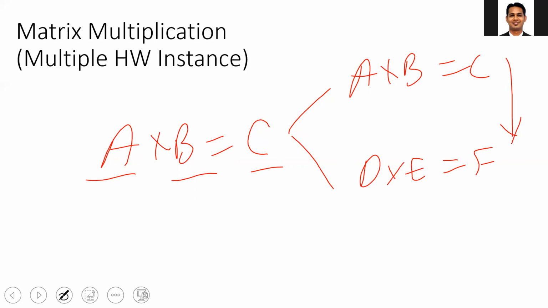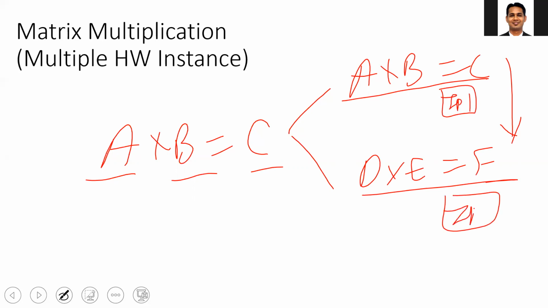In the FPGA, I have two options. First, I do this one, and then I use the same IP to do the other one, so that is also sequential. Or I can use two IPs in the hardware: IP1 for this one and IP2 for that one, and both work in parallel. With this third approach, I'll get the best performance in terms of execution time, but I'll use more resources because I'm implementing two IPs in parallel. In the second approach, I'll get slightly poorer performance because I'm using only one hardware IP, so my execution time will be higher compared to the third approach.